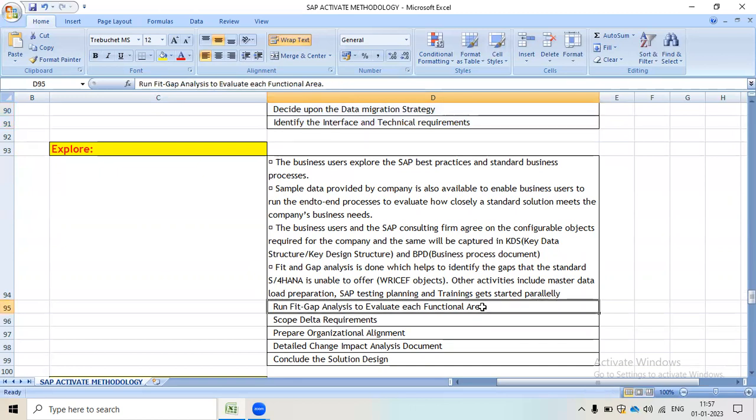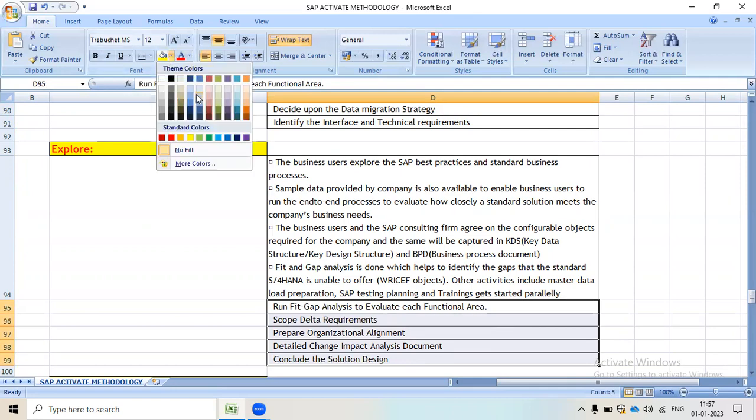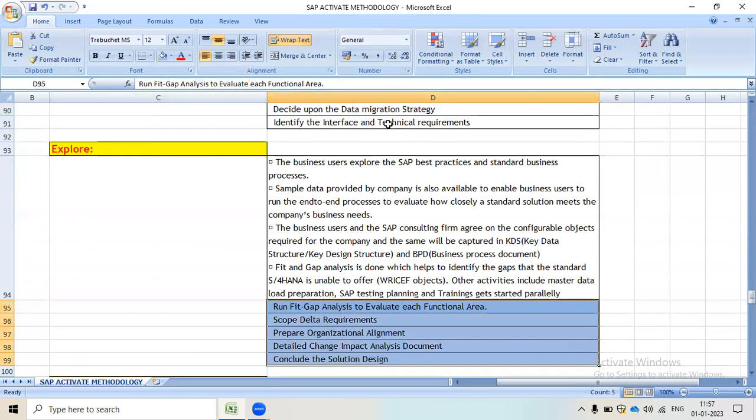And the activities in the Explore phase are: run fit-gap analysis to evaluate each functional area, scope delta requirements, prepare organization alignment, detailed change impact analysis document, and conclude the solution design. So these are the activities which will happen during this phase.